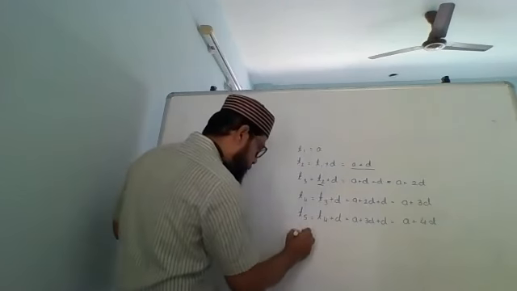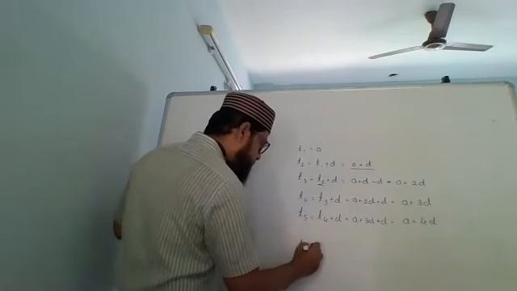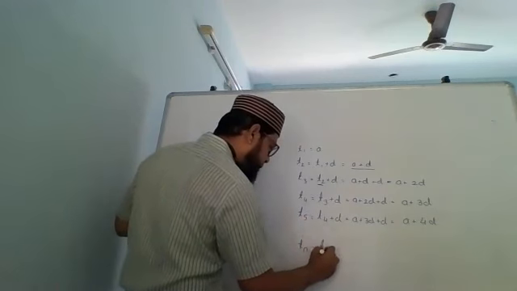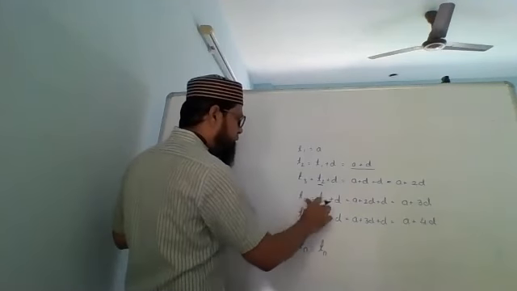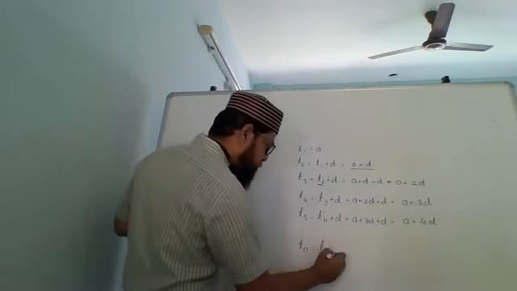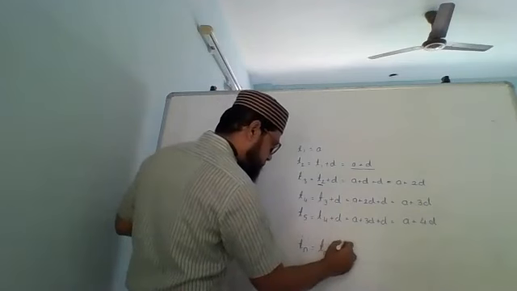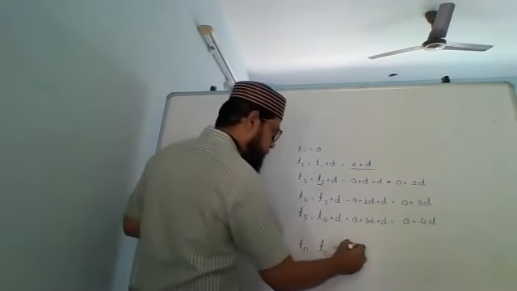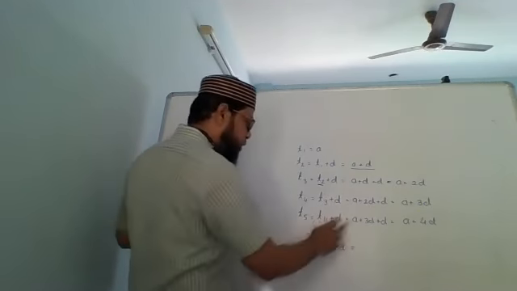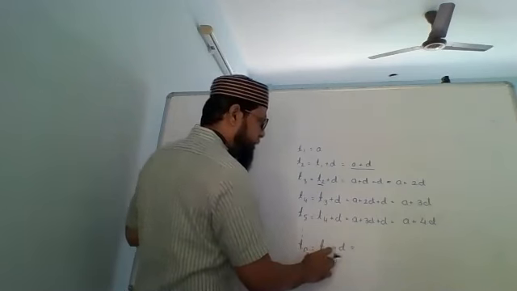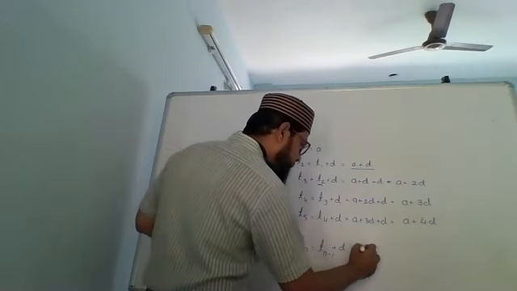So if I go on up to Tn, for T5 it is 4, for T4 it is 3, so for n it is n minus 1. Now what is Tn minus 1? Tn minus 1 will be A plus